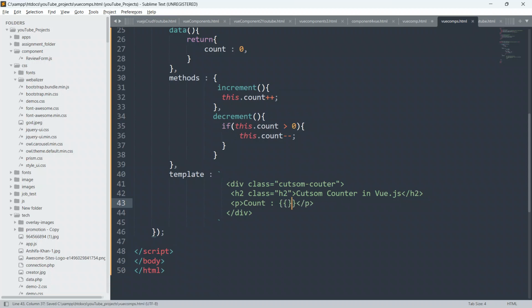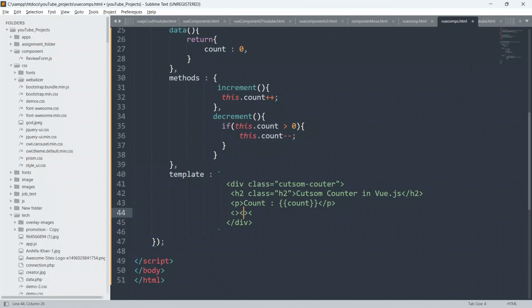Okay, so guys, I have already explained in my previous video that whatever you have to show to the user as an output in view.js, you have to put each and everything inside the open and closing double curly braces, whether it will be an expression, a code, or a method, or a code block also. Okay, so guys, here we will just copy this count and paste it here, and below this we have to create two buttons also.